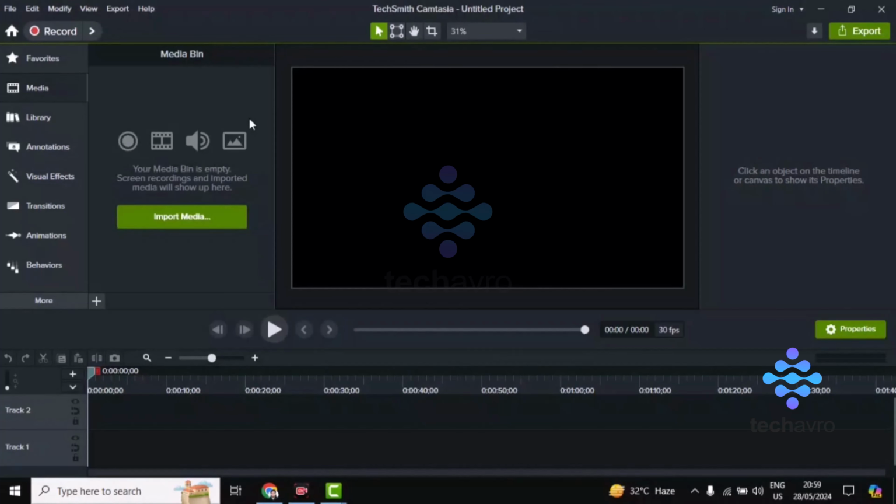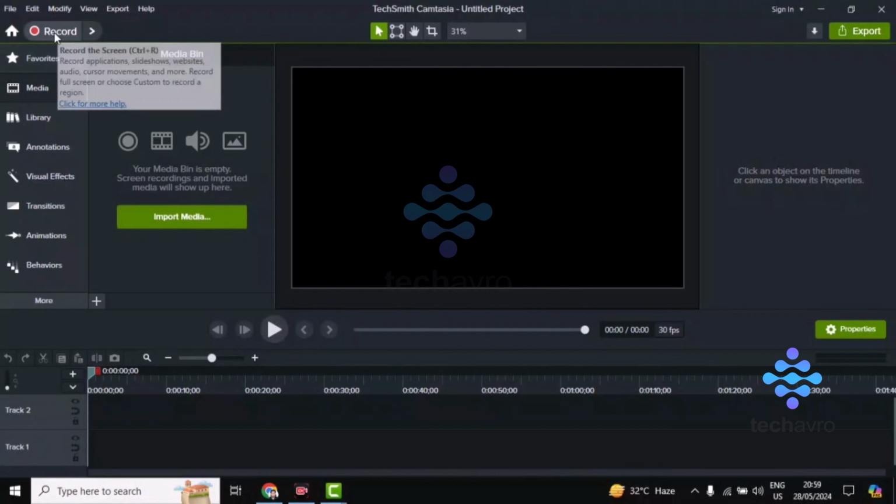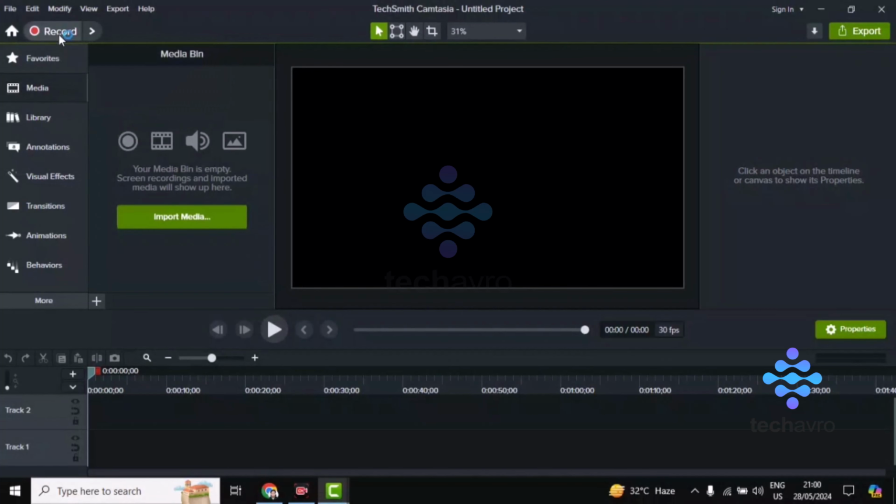In this video, I'm gonna be showing you how to record your computer screen and camera with Camtasia. So firstly, all you have to do is click on the record icon in the top left corner. You can see the record button. Simply click on this record,